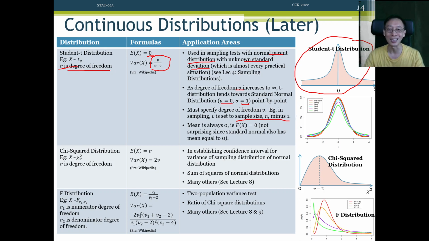Even if you don't know exactly that it is normal, it is acceptable to assume that the measurements come from a normal distribution. What is less acceptable is that oftentimes we don't know the population standard deviation. And to assume that we know the population standard deviation, and yet we don't know the population mean, is a little bit